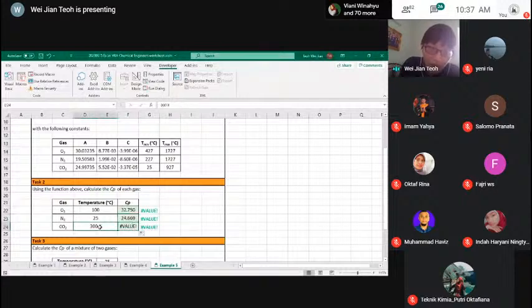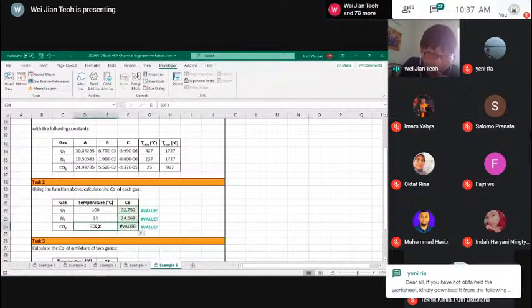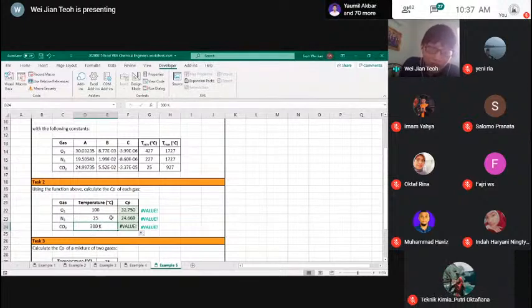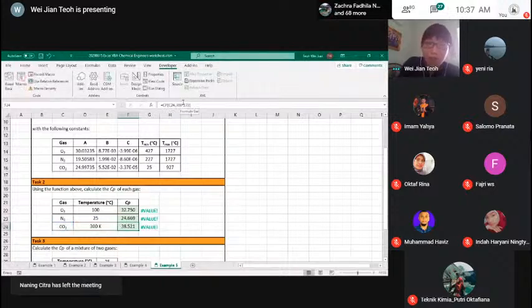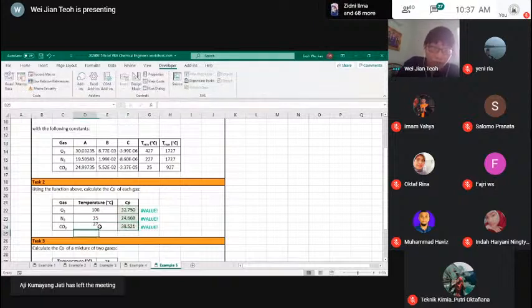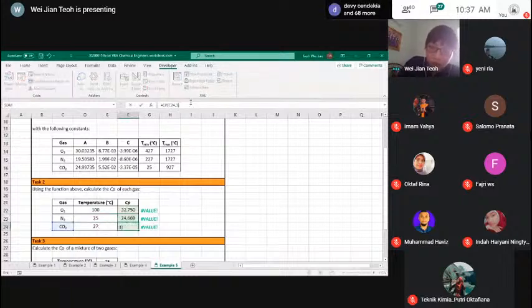So I get a value error because this is actually a string. 300 space K is not a number, it's a string. But I want the temperature to be in 300 Kelvin. I don't want it to be in Celsius. So what I can do is click on here and change the temperature input to minus 273. Yeah, so I get the answer. Or if I want, I can just do it here. So I get the temperature in Celsius, and then I just push back the temperature. So I can get the same answer.